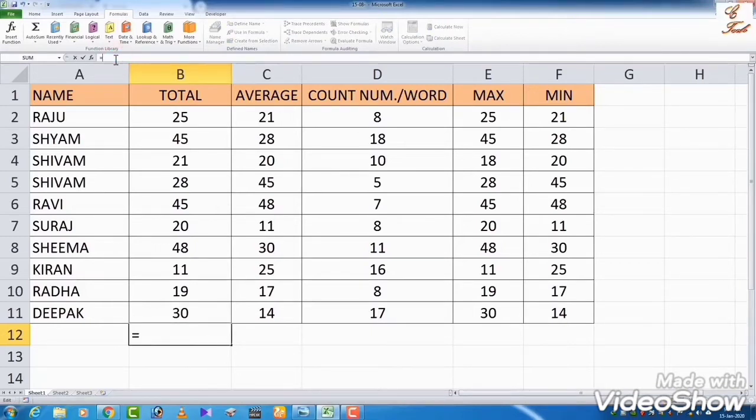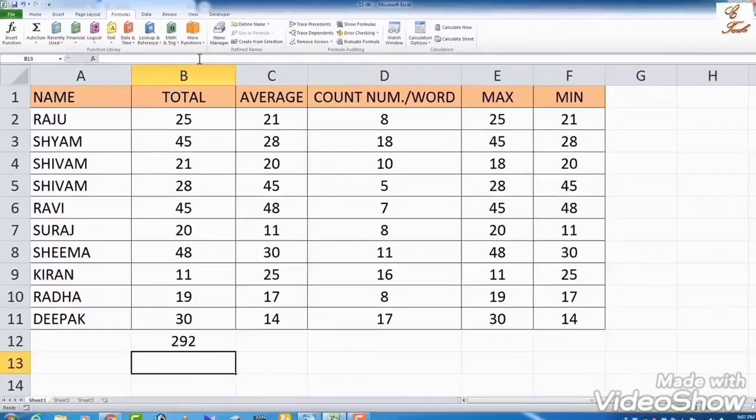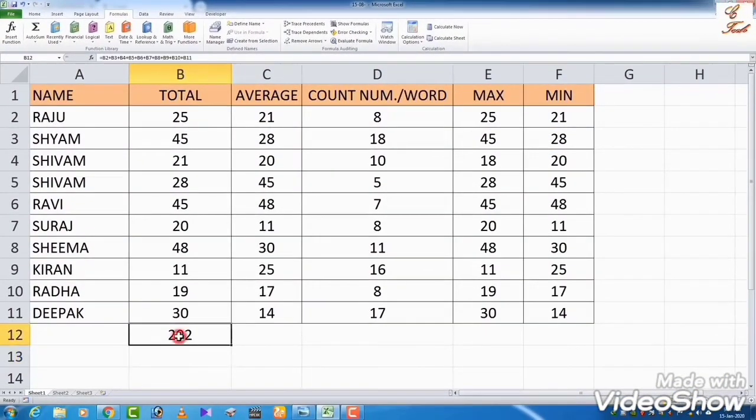I will write first equal to, and then I will add all the values B2, B3, B4, B5, B6, B7, B8, B9, B10 and B11. See properly, here all B2 to B11 I will add with the help of a plus sign, and when I press the enter button, the addition of all those numbers will automatically come there.